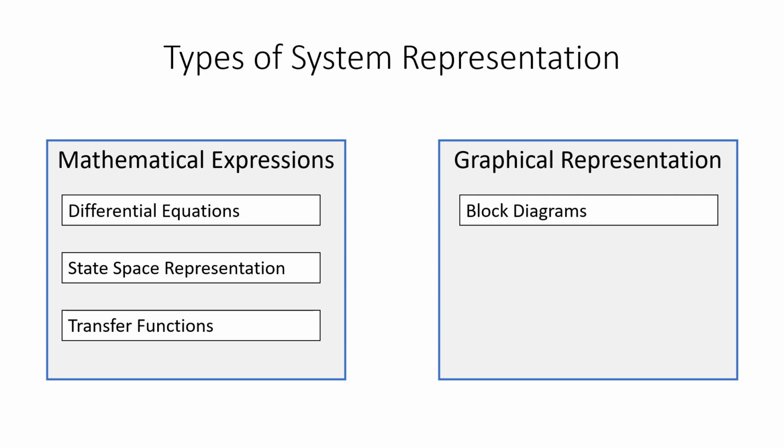And similarly, in the graphical approach, we would love to have block diagrams, which are going to give us a visual tool to understand the systems. And similarly, we have a slightly modified graphical approach, which we call signal flow graphs. We may have other approaches as well, such as the bond graph methods, but we would probably discuss them later on. And then we have to have some sort of conversion tools to convert from one paradigm to the other,